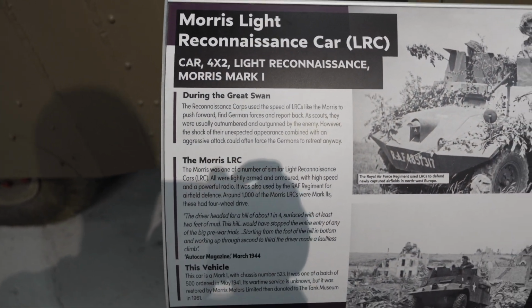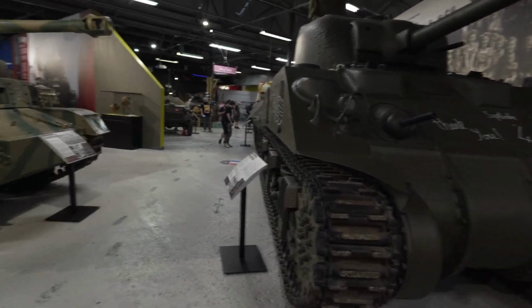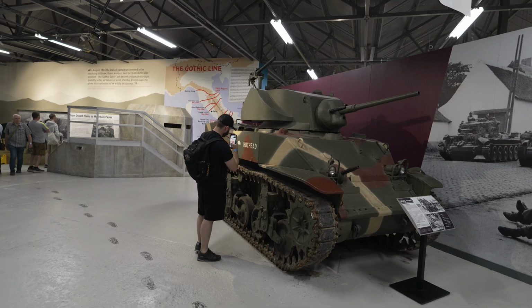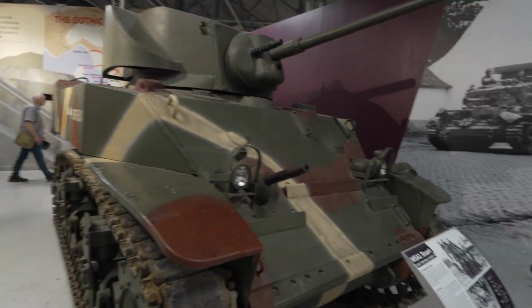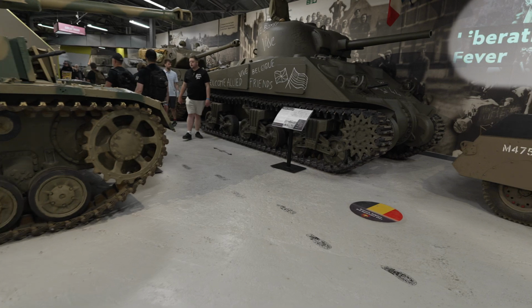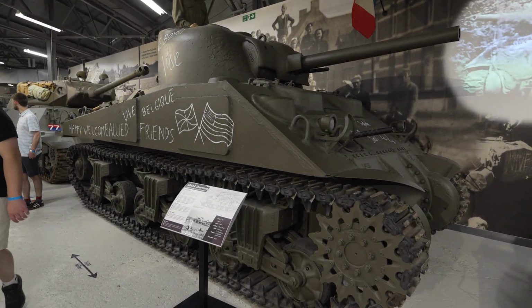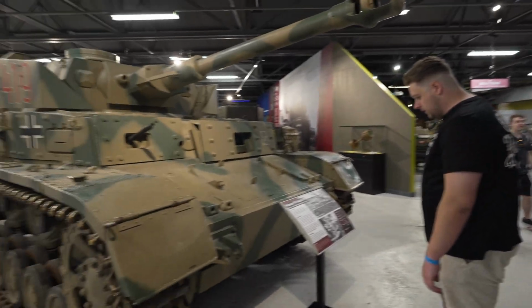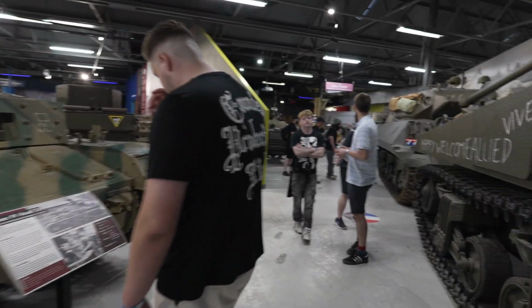The British hope that the war would be over soon was dashed, but the Great Swan boosted morale amongst the British soldiers and gave them a glimpse of the liberation celebration. Oh, over here we got the Stuart. Hopefully the museum ambience is coming over nicely and it isn't just a row. There's another Sherman. Lasted for 2 years, starting in late August 1940. Next to their rather nice Panzer IV. The army had been pushed back over the